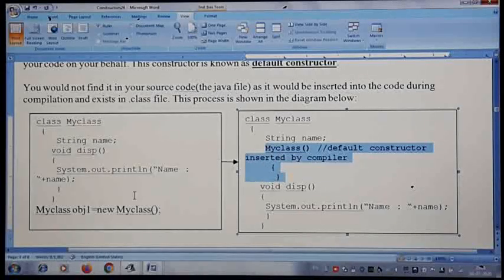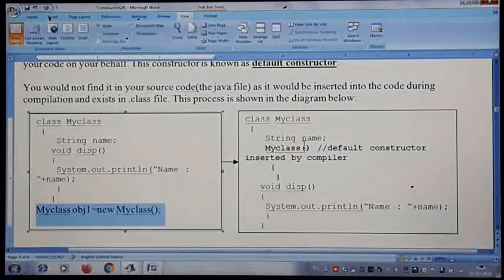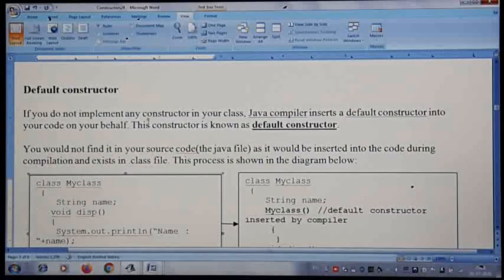That is the reason that in the last chapter, where we were not writing any constructor, the program was still working fine, because the compiler was supplying the constructor for the program. Since we know what initial values to write for the program, now we started to write the constructor. The moment you write the constructor, the compiler will not supply any constructor to your program. So this is what the default constructor is.